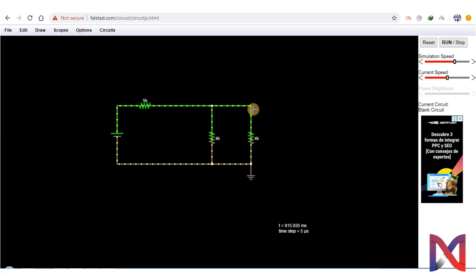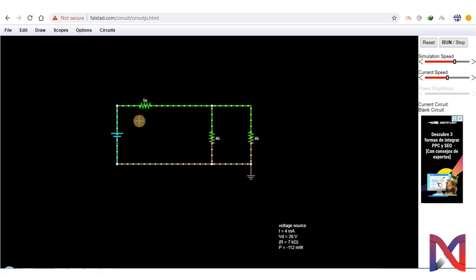Now first we have to verify the R equivalent of the circuit, whether it's correct or not. So we will go to the voltage source, place our cursor here, and we find our readings below. Our current is 4 milliampere while voltage is obviously 28 volts. And R equivalent is 7 kilo ohm, which is exactly the same as we calculated.